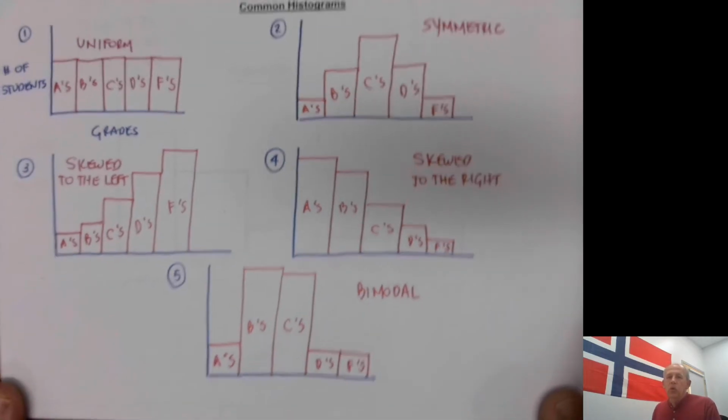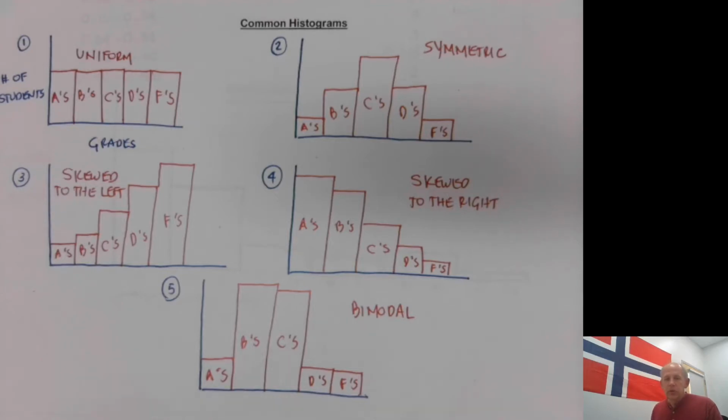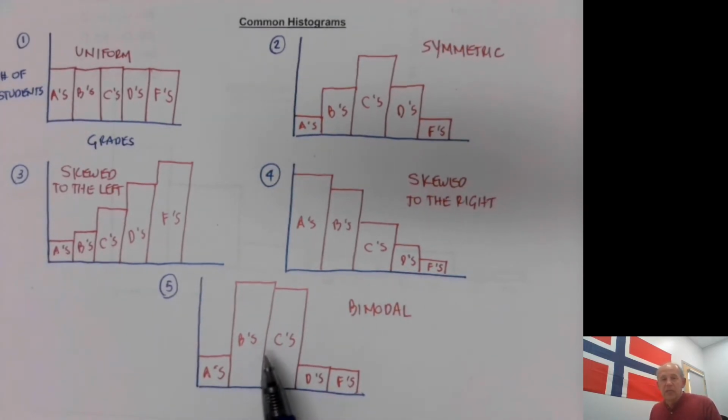And the bimodal histogram is the histogram where there are two main groups of grades. They sort of tower above the rest, two main groups of data. In this particular class, there are a lot of B's and C's, not so many A's, D's, and F's. So those are the five shapes of your main histograms that tend to crop up a lot when you make